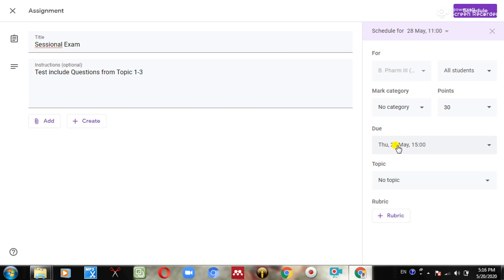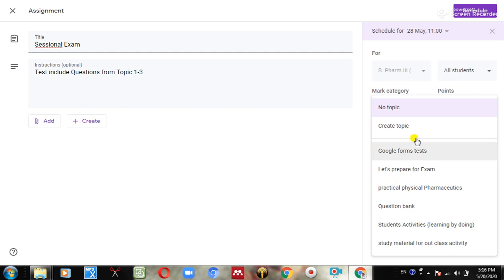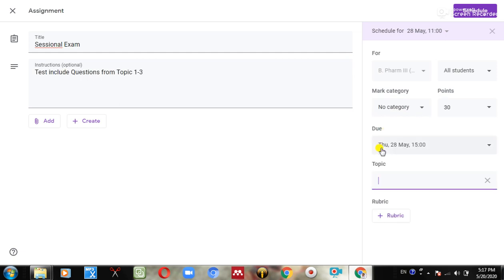So this is all about how to create an assignment, how to create a topic, and assign to a single student or entire class or group of students, and points. So not only this, you can schedule your assignment. Whether on 28th you are not able to sign in to your Gmail account, you are not able to visit desktop or, say, laptop, it is automatically uploaded on 28th at 11 AM to the students. That means students are able to see the assignment which you have scheduled today. Okay, so up till now this okay.